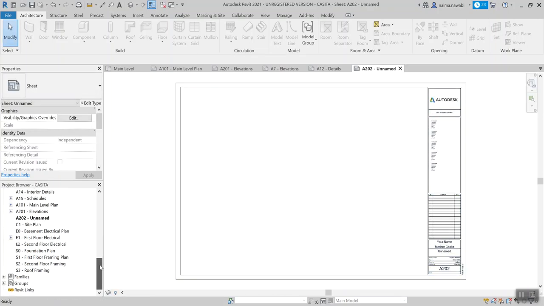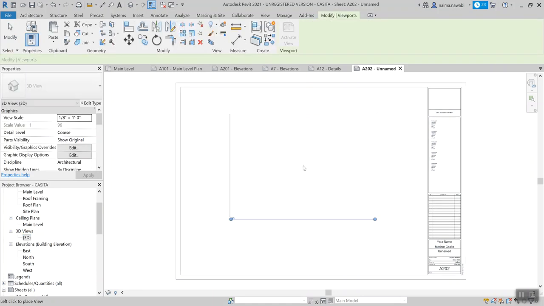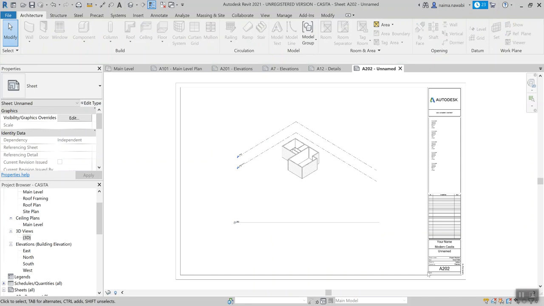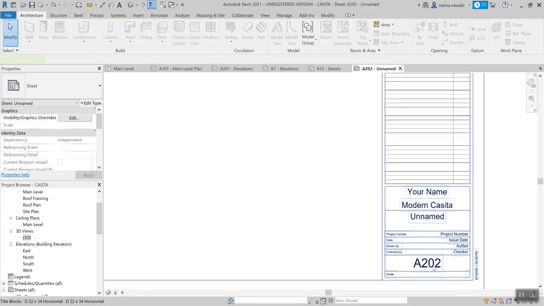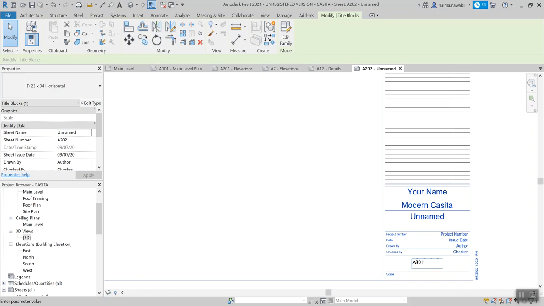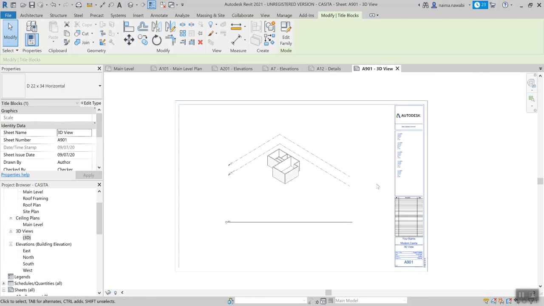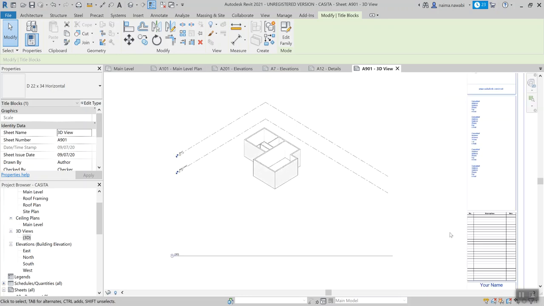And then the thing that's nice about this is you can just grab that little 3D camera view and plop it on. There is no scale, so we're just going to put that on. And our 3D view will be A901. And we're just going to call it 3D view. So these are the sheets that I would like for this week. So we've got a floor plan, an elevation, as well as a 3D view,